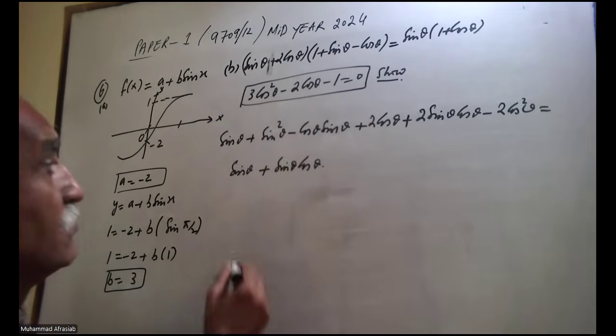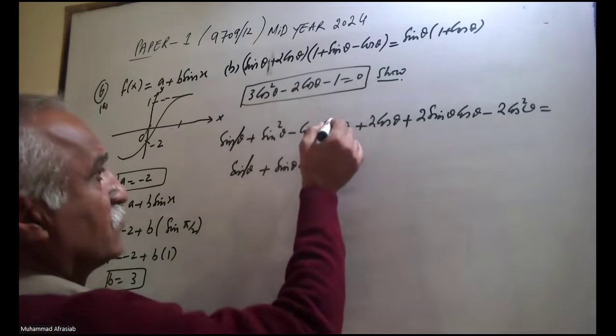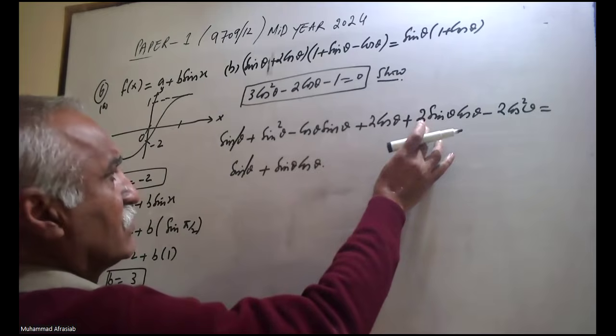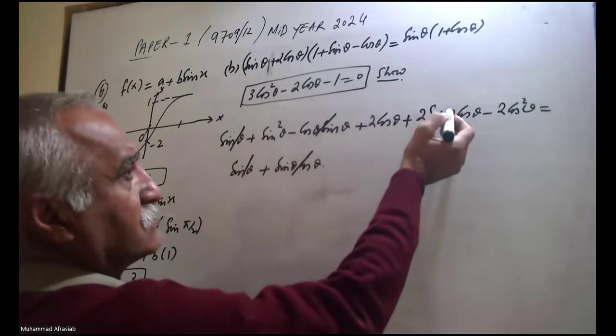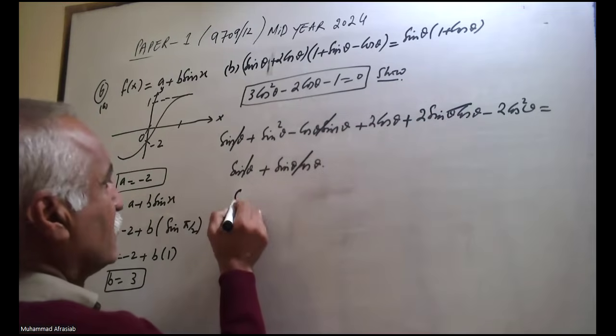So here sine theta and sine theta, that is going to cancel. This is minus sine theta cos theta plus 2 sine theta cos theta, so that is going to cancel. So finally it is left there sine square theta